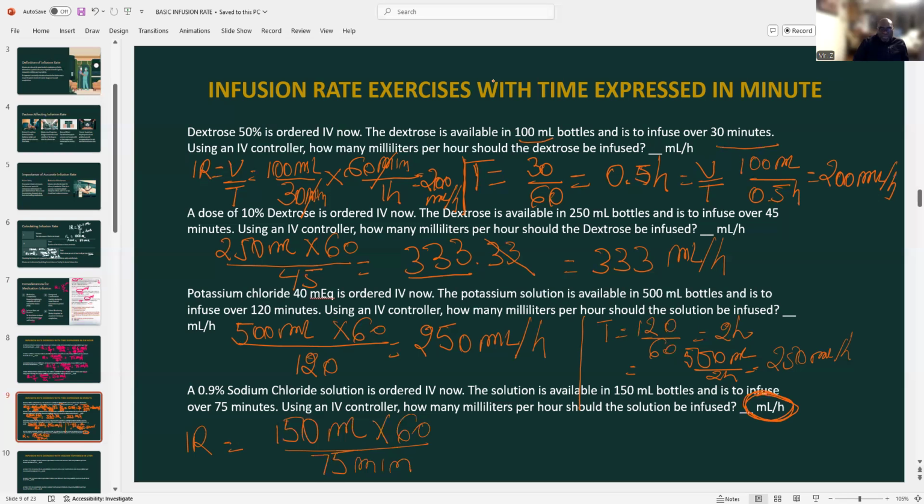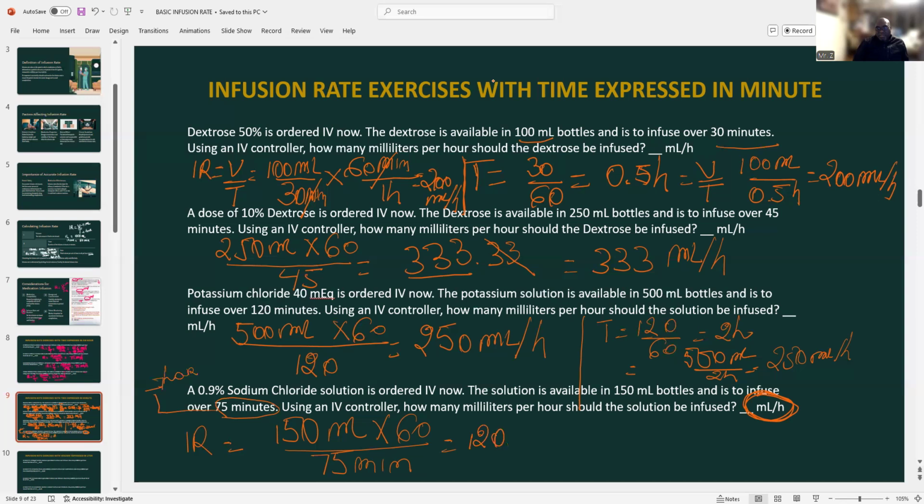But right here, your time is in minutes. We have to convert that time to hours first before we can do anything. To convert those 75 minutes to hours, we multiply the top by 60 and divide by 75. Once you do that, 150 times 60 divided by 75, now you will get